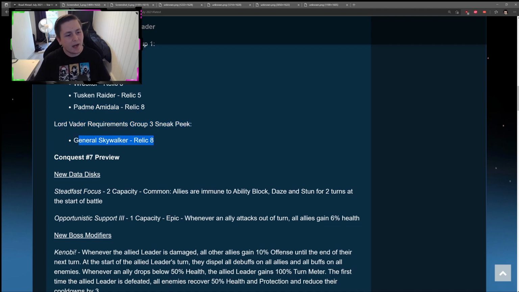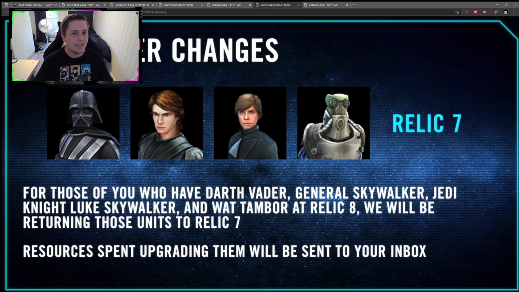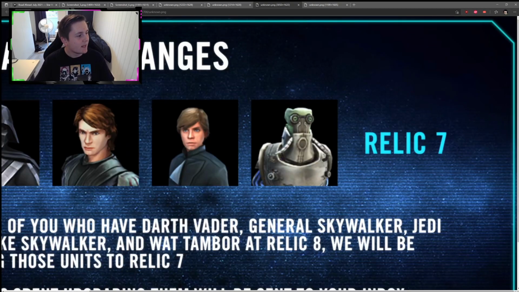So why have they released a sneak peek of group 3? I'll tell you, it's because this year they are making some changes. You probably can't see it because of my camera, but this is character changes. So we got huge changes coming to Vader, General Anakin Skywalker, Luke Skywalker, Jedi Master Luke Skywalker, and Wat Tambor. So first off, Relic 7, as you can see here on the left side, they are going to